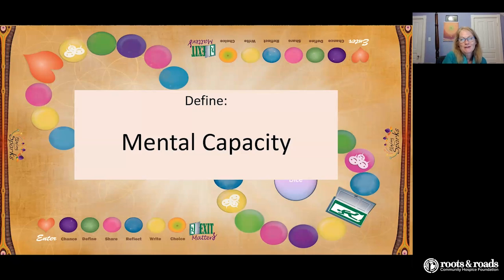Okay, so the answer is actually both A and B. So it's not just having the ability to understand relevant information and understand the consequences of accepting or denying treatment, but it's also being able to communicate that. And I know that it's really important. So just as a little piece of information, where I live,